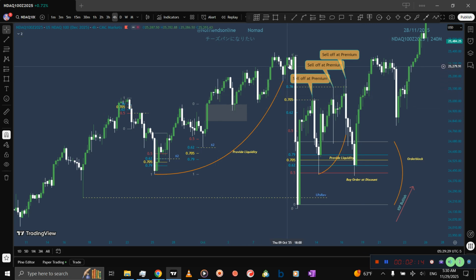So price by engineered movement going down and took all of this liquidity that have been provided and prepared in this all day long, like